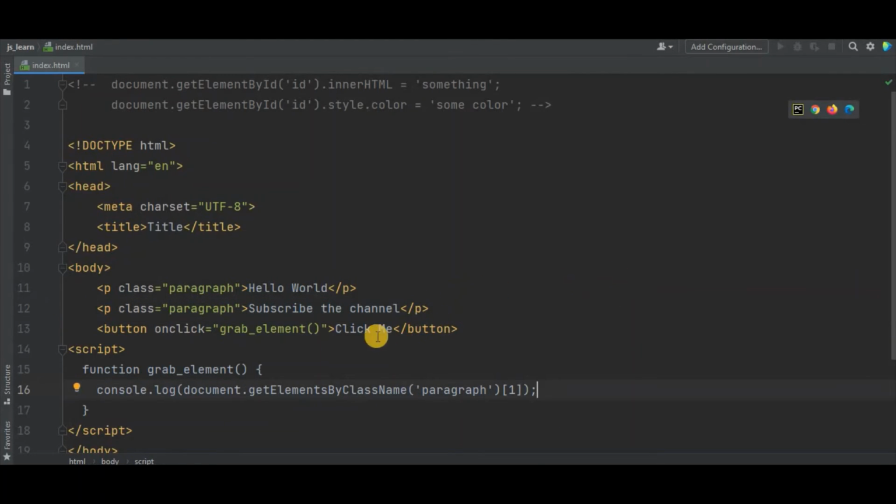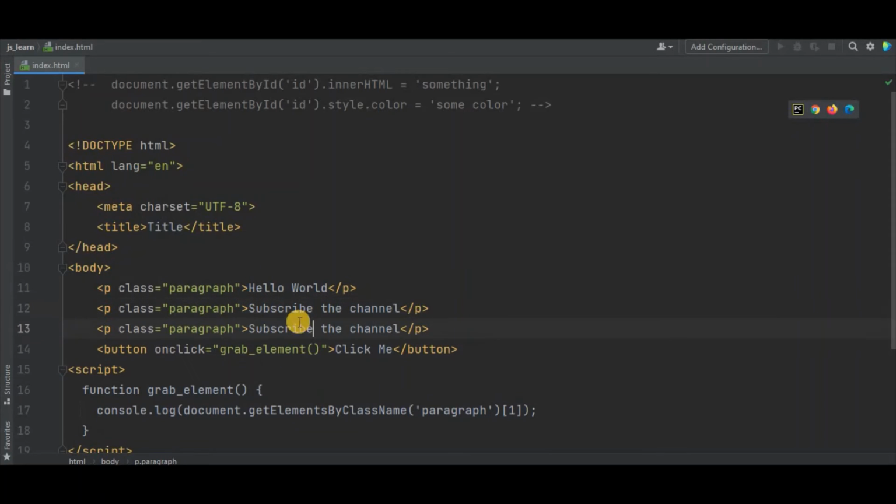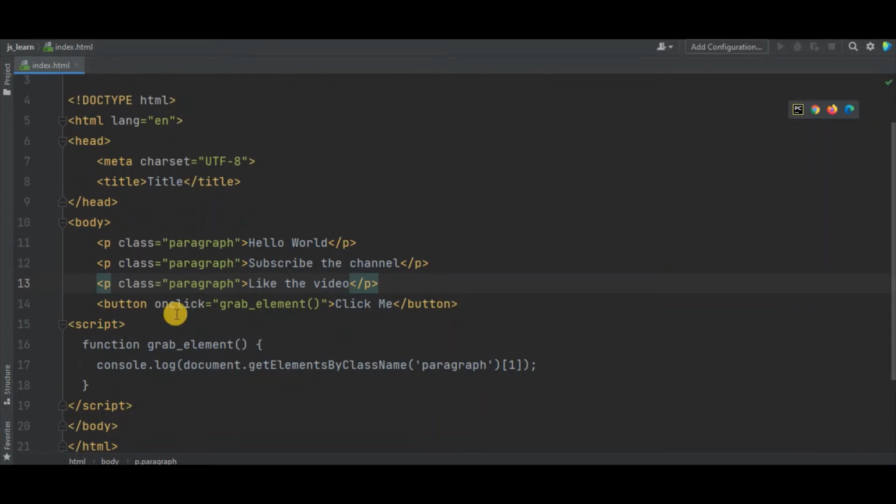So the goal of this video is to grab all the elements with the class paragraph and change their text to the same text like hello world. Let's say I have another tag with the same class but some other text, like the video. Now I want, when the button is clicked, all these tags to change their text to something similar. Then I could use a for loop.